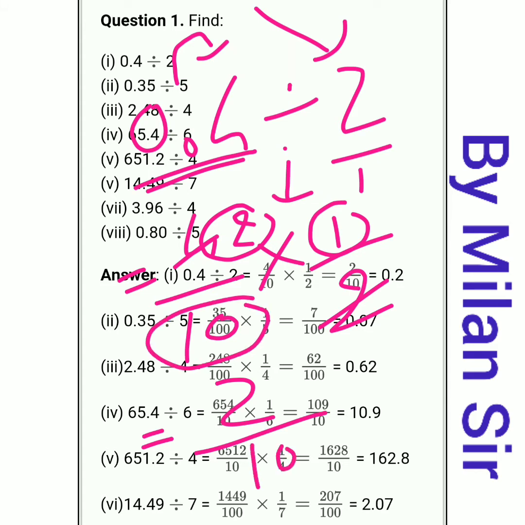Okay, again we need to convert our answer into decimal point. So here in division we have 10, that means 1 0. So before one digit we need to put decimal point in numerator. So we have 2 in numerator. So before one digit, that means this 2, we need to put decimal point and before that nothing is remaining. So we need to write 0. So our answer is 0.2.